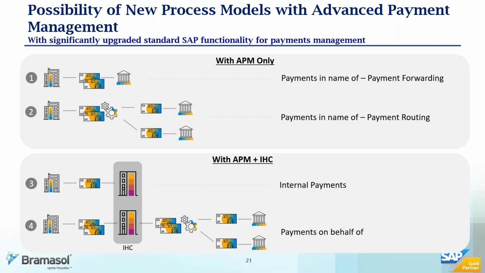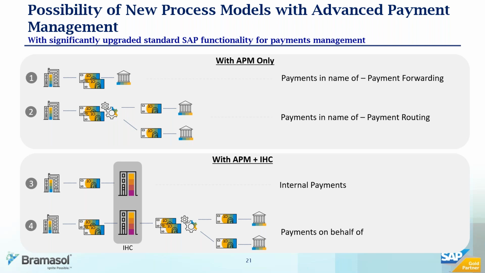You can do some intercompany funding because you don't have to go outside to make external payments when you really don't need to. Of course, you cannot eliminate them completely because banks are a key player in interacting